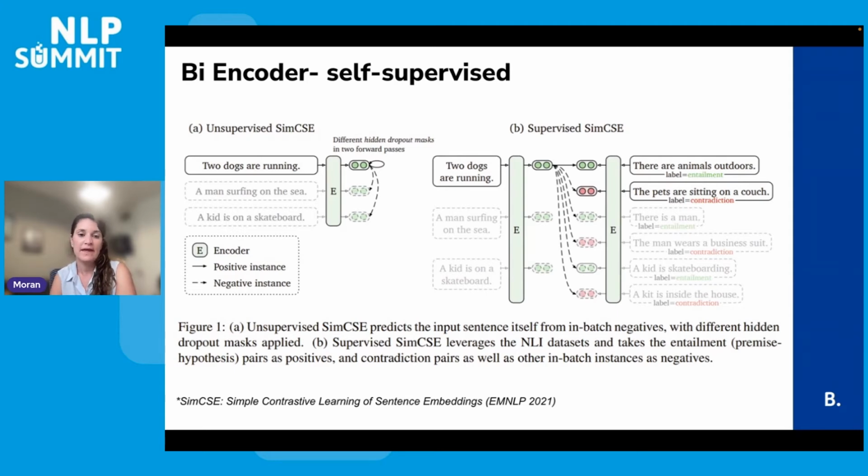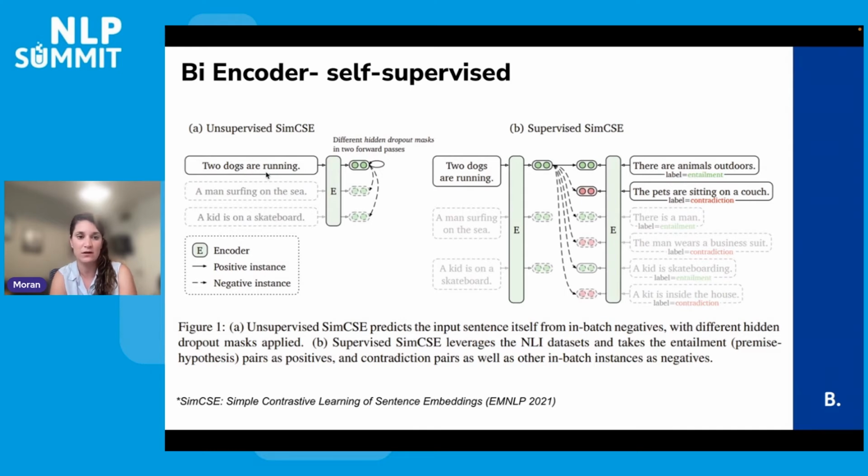This is a very nice paper discussing how we can train this kind of bi-encoder. So if we don't have a lot of data, we can do self-supervised training. The main idea with self-supervised learning is to take different sentences of text and topics, or for your domain, like if there is some text that you want to find similar text to.